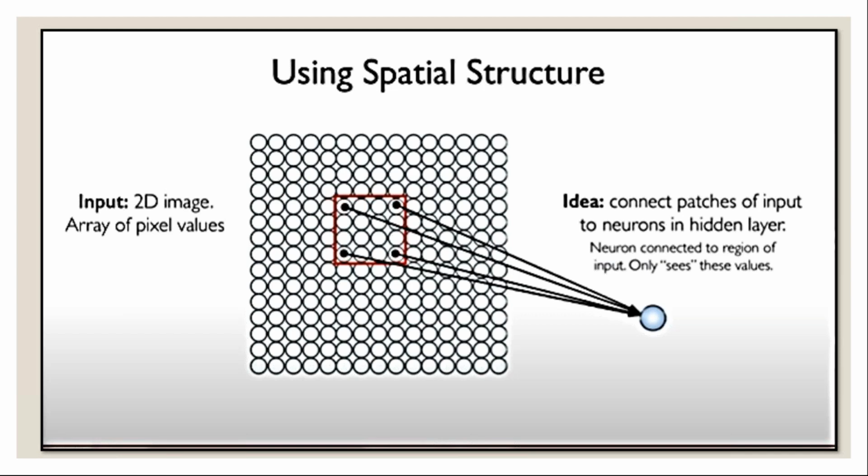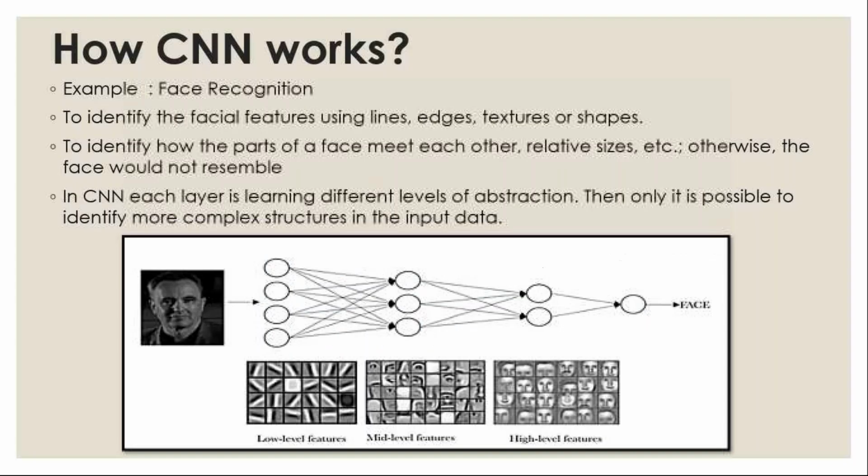But in this CNN, you are going to give only a patch of pixels to the hidden layer network. That is the main difference. Here the patch is nothing but the spatial features. You are not giving a global input, not the total pixels, to your next neuron. You are giving only a patch of pixels for the next neuron. That patch we call a spatial structure. So that is the main difference.